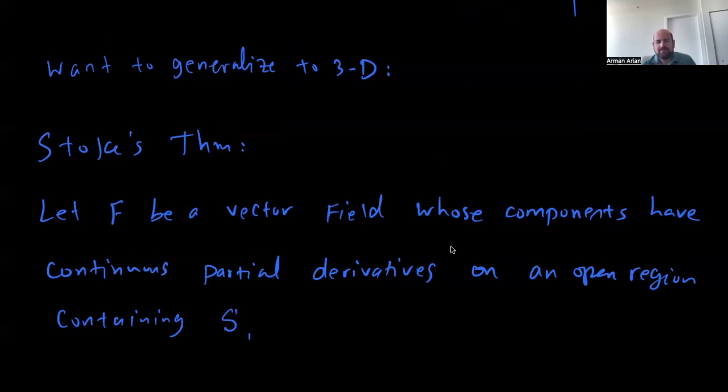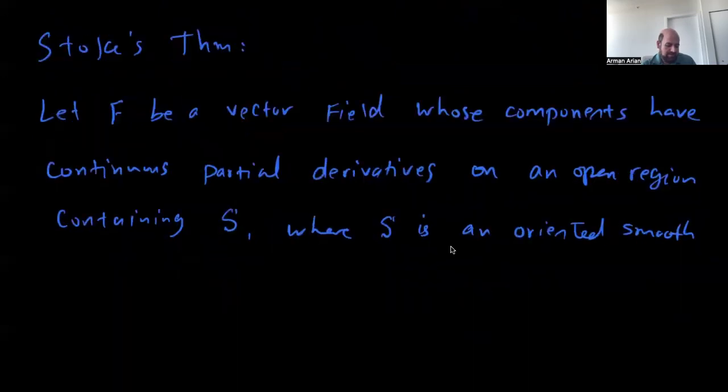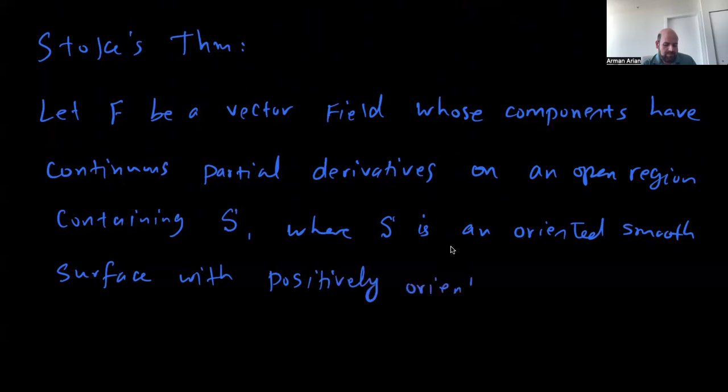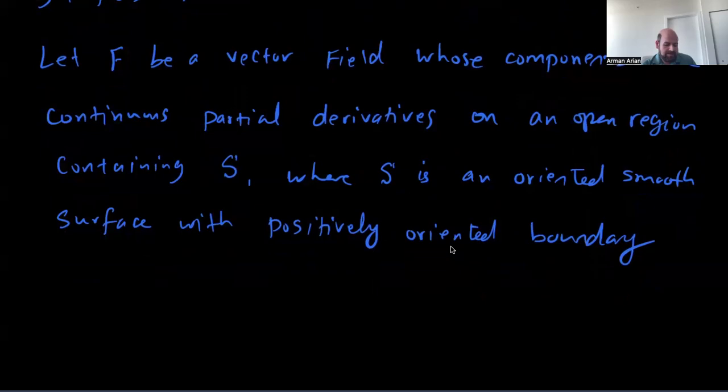S is our surface, where S is an oriented, smooth surface with a positively oriented boundary. And let's call the boundary of S ∂S. Then